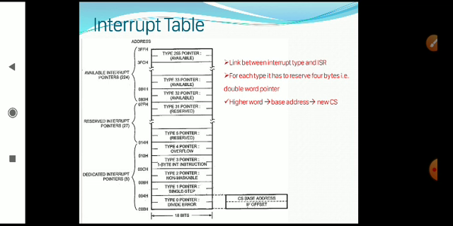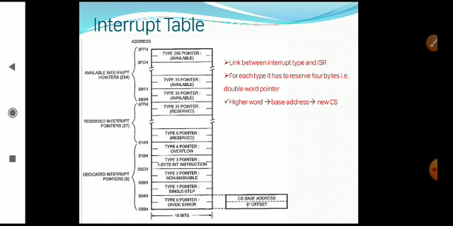This is not the segment register value stored in the stack before starting the ISR, but the new value of the code segment from which it gets the address of the ISR.